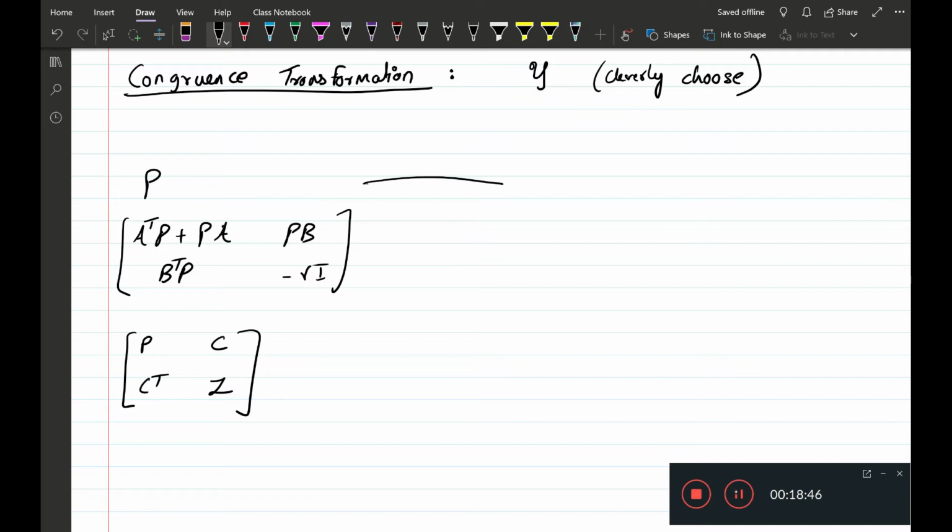If we do a congruence transformation with Y